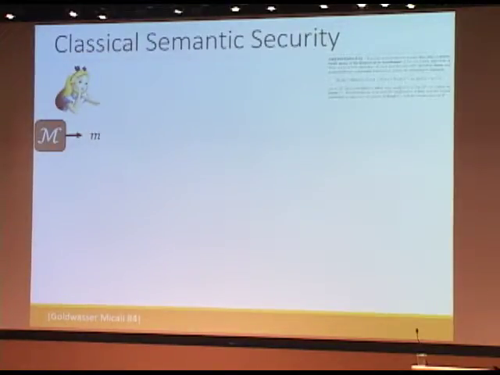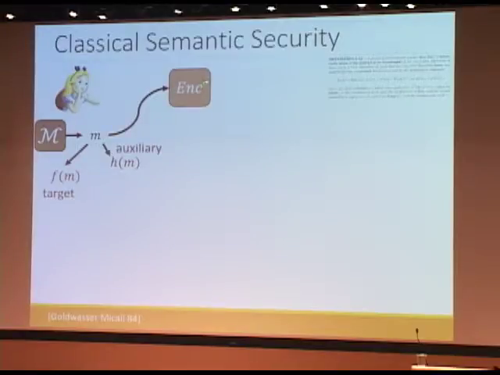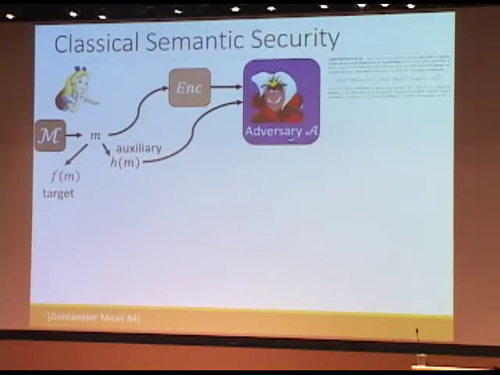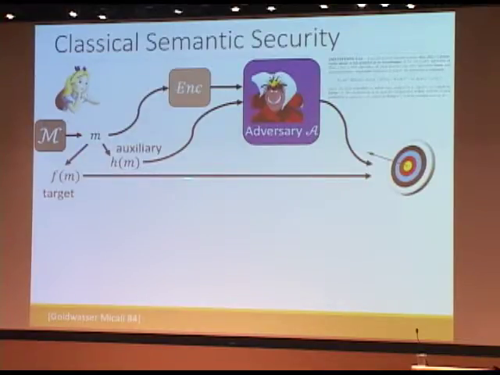So first of all, you start with a way of generating a message. Say there's some message generation algorithm that produces a message. And based on this message, you create two kinds of substrates. One, there's some auxiliary information that's basically just applying some function h to m. And there's a target that you create by applying a function f to the message m. Now what you do is you take your message and encrypt it with your encryption scheme. So remember, the goal is to define the security of this encryption scheme. So you take this message, you encrypt it, you give this to the adversary, together with the auxiliary information that somehow you might learn on the side. And then you ask the adversary to come up with this target here.